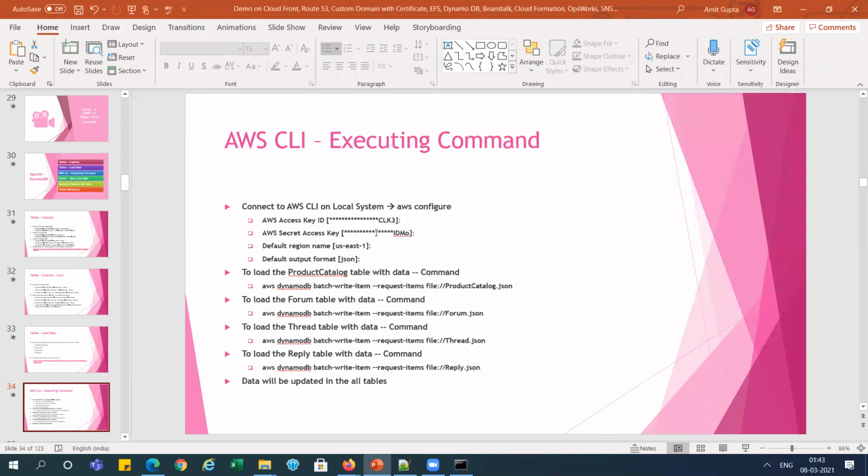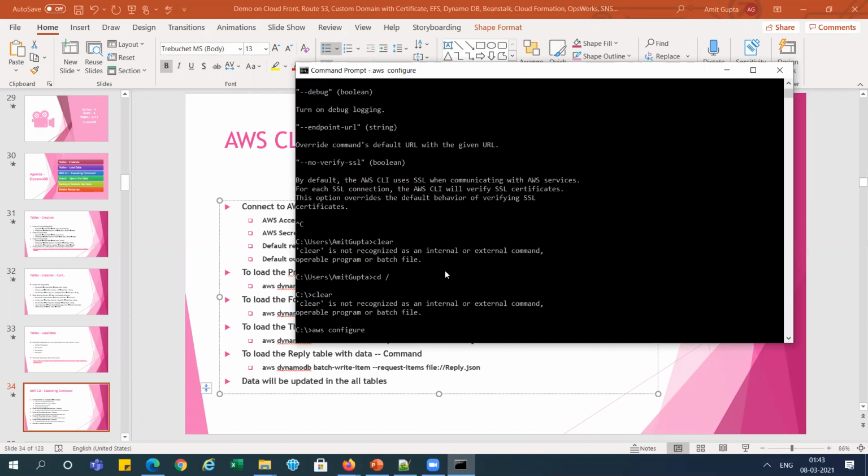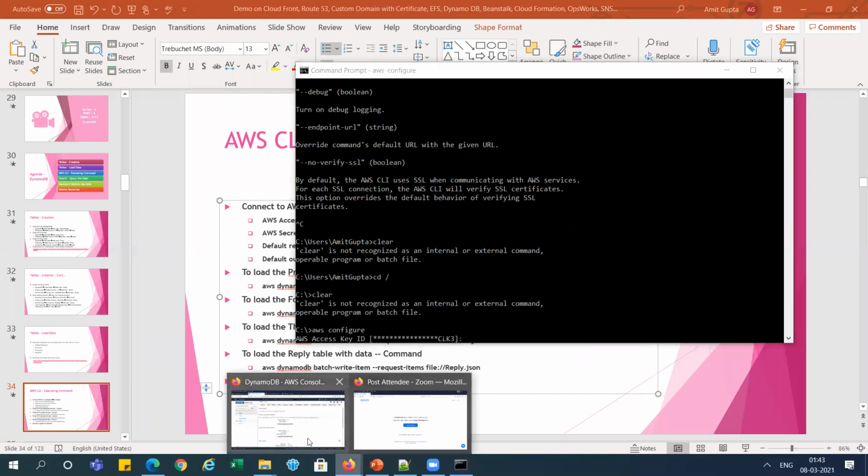So we need to run aws configure, right? So let's run this command here. You can see I've already configured the AWS access key ID. You need to configure it over here. I will show you where you can get your access key ID.